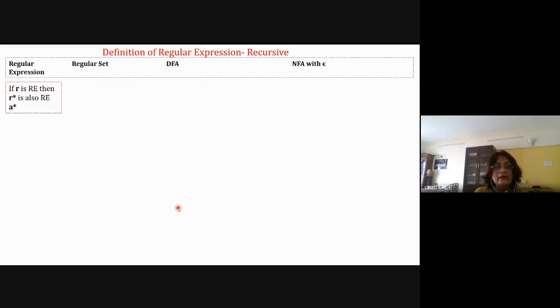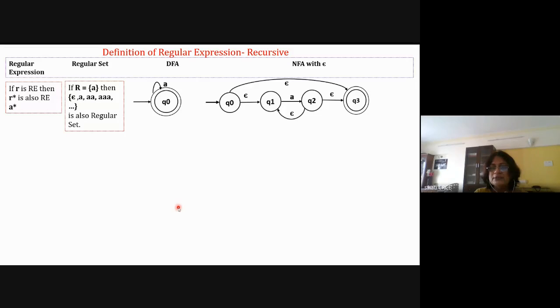Okay. Then for R star, the standard diagram is this. If R is there for 0 times, with epsilon it will reach the final state. If A is there for 1 time, it will follow this path, epsilon, A and epsilon, so A only 1 time. If A is there for multiple times, the machine will travel like this, Q0, Q1, Q2, and then again it will go back, and A will be done for many number of times, and it will reach the final state. And here it can be represented as a loop for A, that is A 0 times or any number of times, without epsilon. This is R star closure.